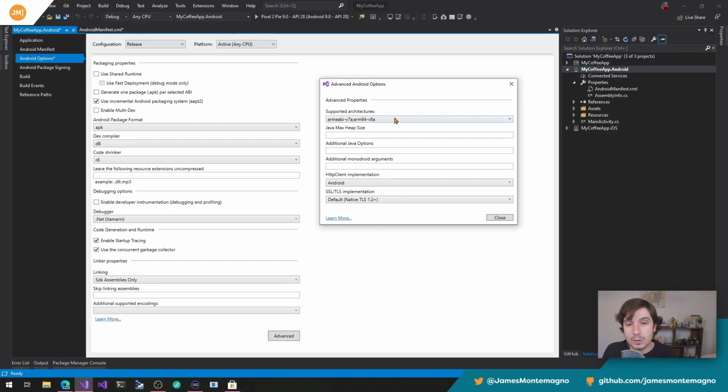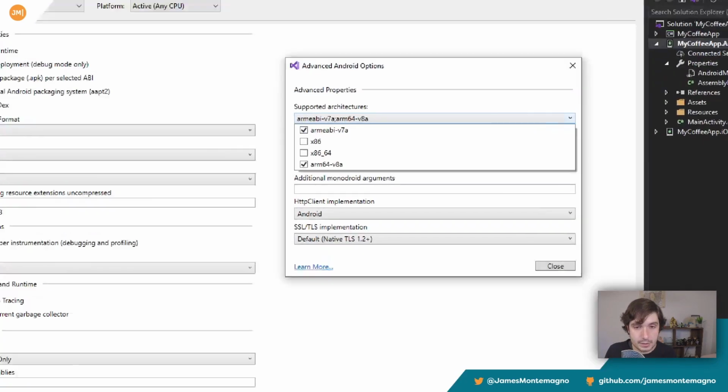Now you may be wondering, well, should I go in and select other things like x86 and x86 64-bit? Well, if you're using Android app bundles, sure, why not? It's just going to create a little bit bigger of a package, but it will be distributed correctly and it won't increase the application size. Now, there's not that many x86 Android devices, so you can choose your balance there as if you want to have another test matrix. So usually most people turn that off because nearly all Android devices are just ARM devices.